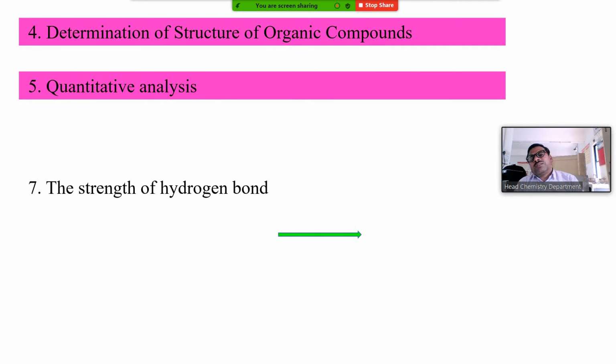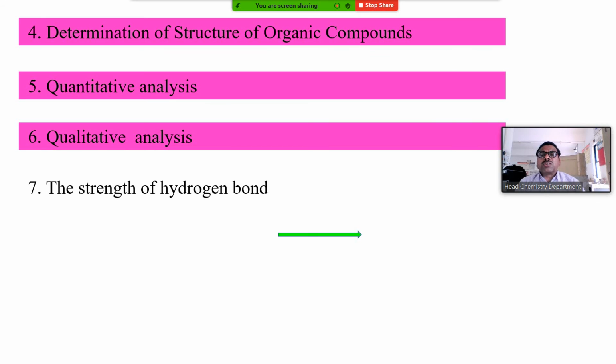Likewise, we have another application which is called qualitative analysis, and another called quantitative analysis. What do you mean by qualitative analysis? What do you mean by quantitative analysis? Qualitative means how many different types of elements are there, how many different types of metals are there. That is called qualitative. Qualitative means, in another way, when we use UV spectroscopy, we don't want to see whether they have different carbons or different oxygens. We are not interested in that case.